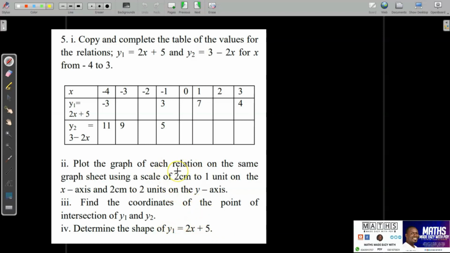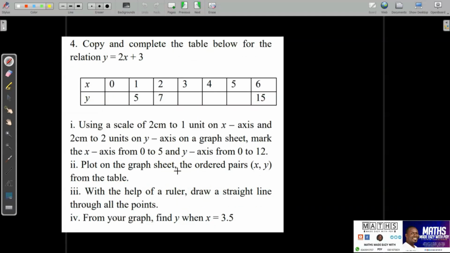So this is the first question I want you to try your hands on. The second question I want you to try is: copy and complete the table below for the relation y equal to 2x plus 3. That's an incomplete table, so you copy and complete it. How you do it is up to you. But as you know, you always have to substitute the values of x into the function and get the corresponding values of y. Then when you're done with the table, which will give you a maximum of 2 to 3 marks,